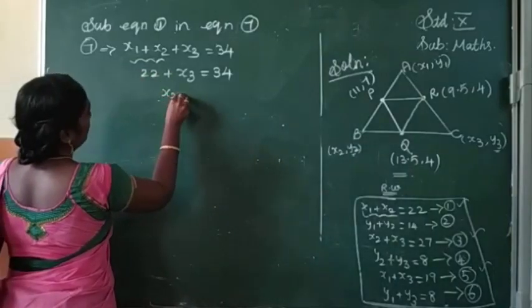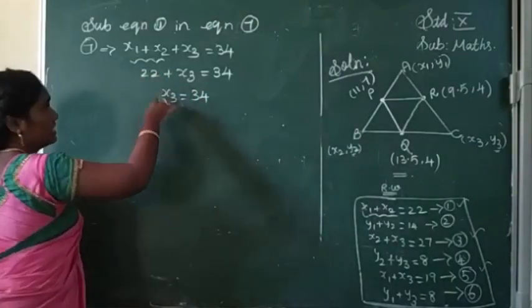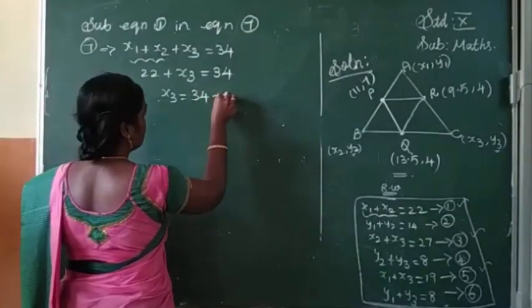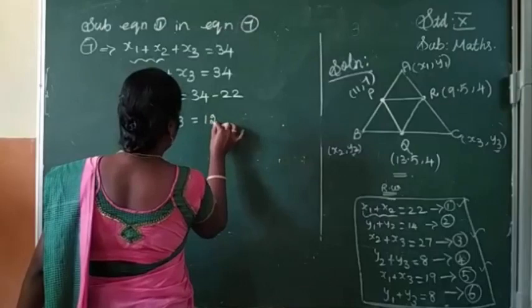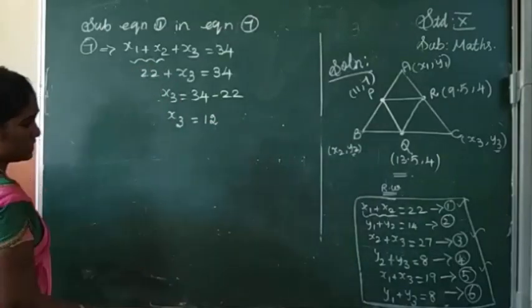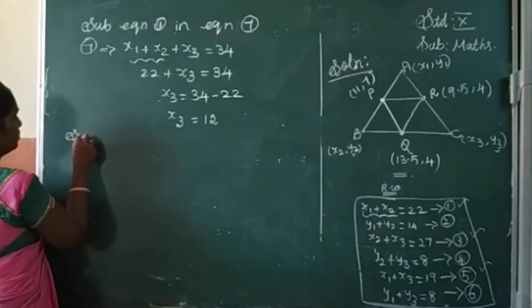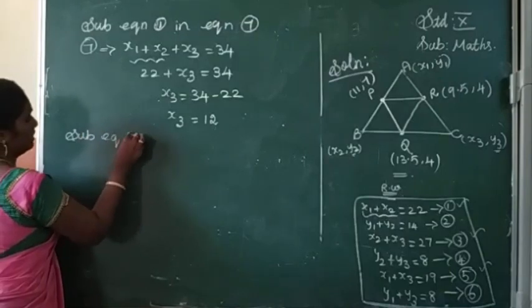Then x3 is equal to 34. Here 22 is the positive number. After this equal it will become negative. Then if you cancel it, you will get the answer 12. Then what is the equation you change? Then equation 3. So substitute equation 3 in